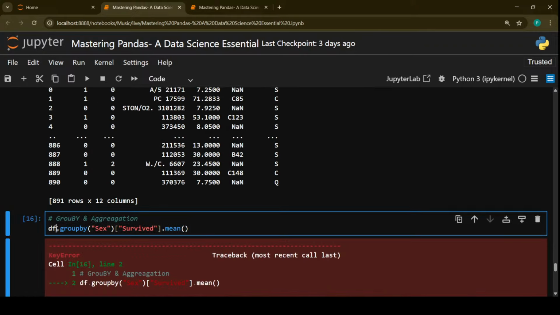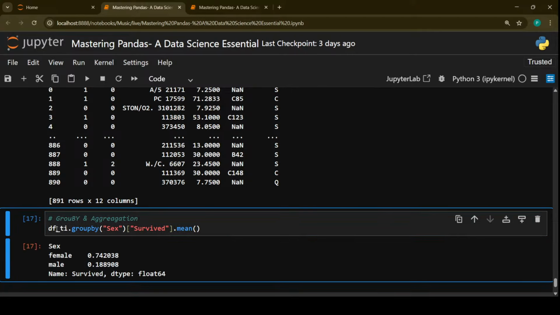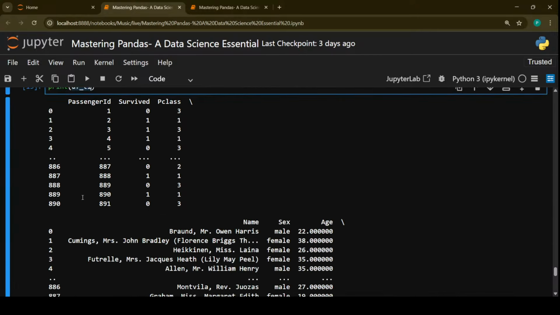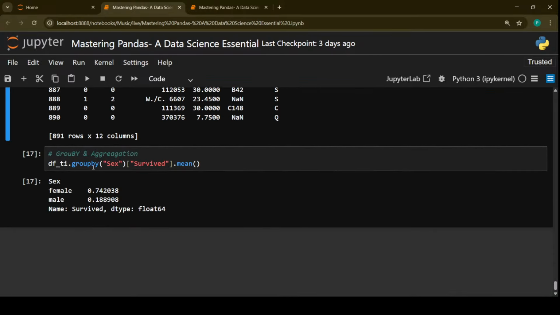Oh, I'm applying it on DF. I have to, my bad guys, my bad. I have to apply it on DFTI, okay, which is the Titanic dataset. So yeah, DFTI. As you can see, guys, on the basis of sex, the survived ones in male is,